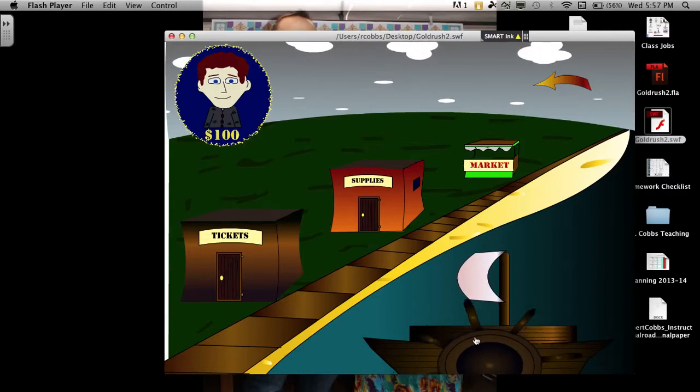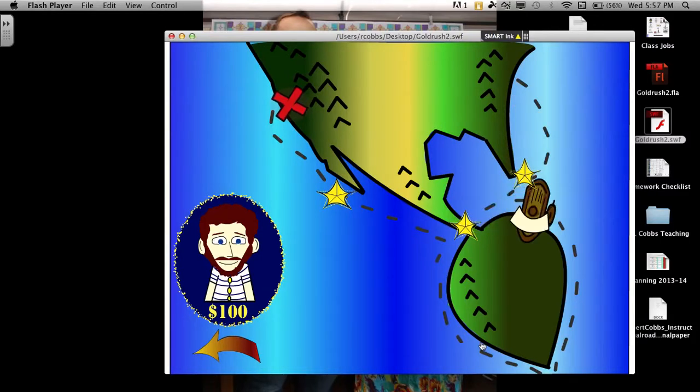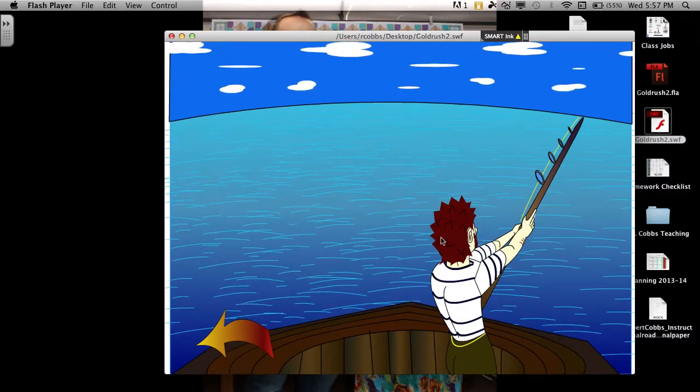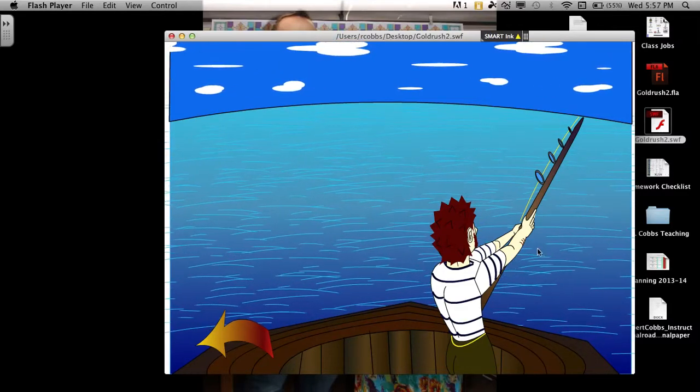When you buy the ticket, click on your boat here. This is the route, the easy route that they took around the Cape Horn of South America. And ultimately what I want them to do is kind of go through a step-by-step process, and I'll add more stars. But what they'll do is they'll get to this kind of fishing game here,